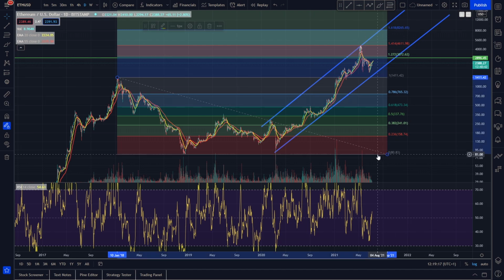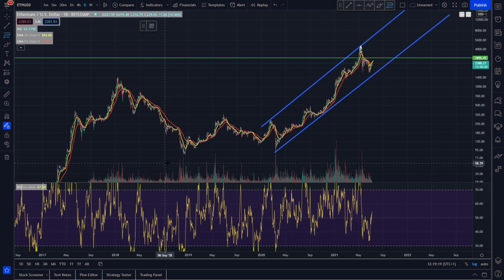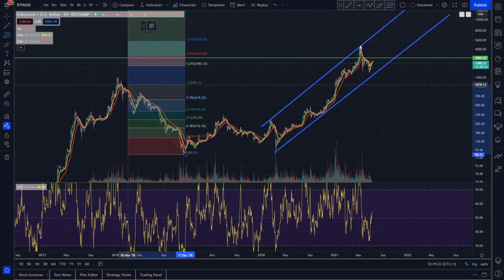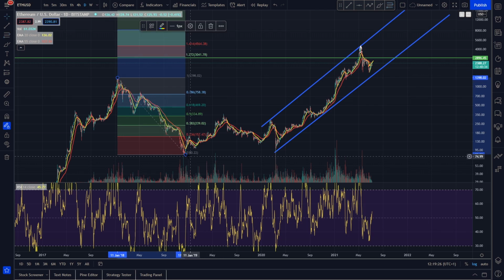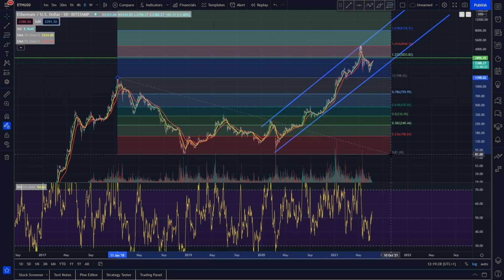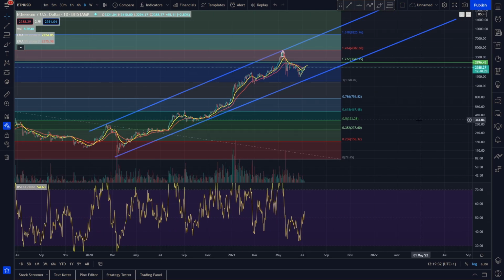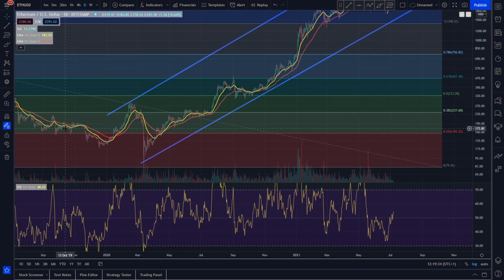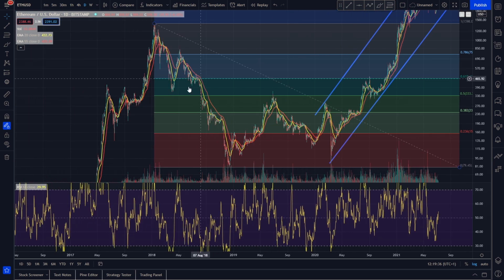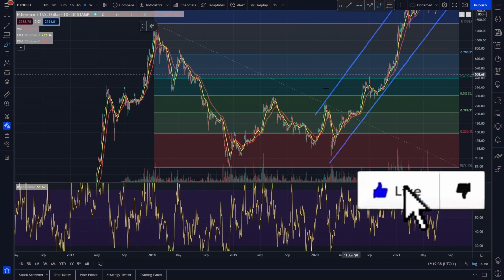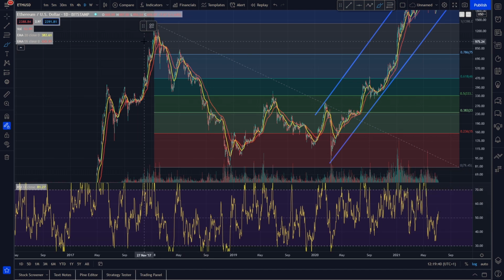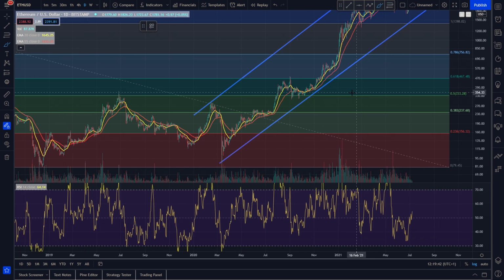So basically all we've done here is take our Fibonacci indicator and drag it from the bottom of the previous bear market to the top of the previous bull market like this, so you can get an idea of some targets that we could potentially be looking at. And as you can see, we've had a lot of confluence in the chart all the way through the period after this. So obviously none of this is just happening to a script. We've just drawn this in, and then you could make some inferences about what's going to happen in the future.